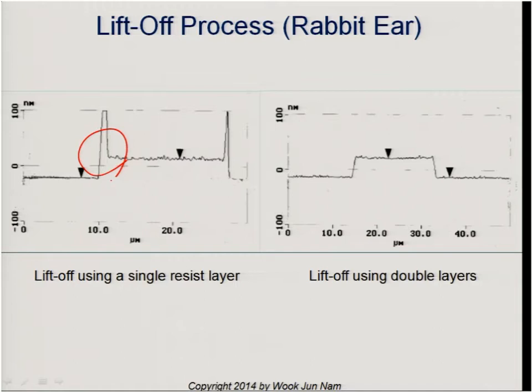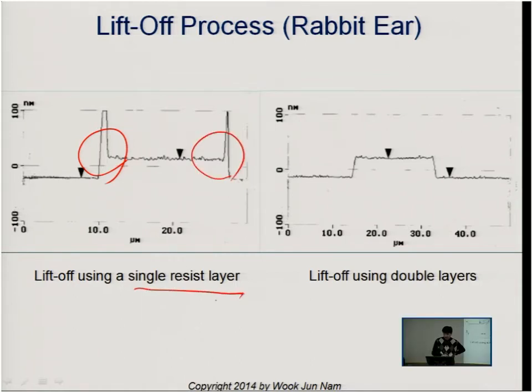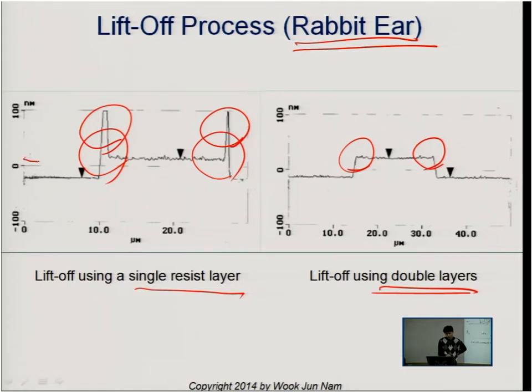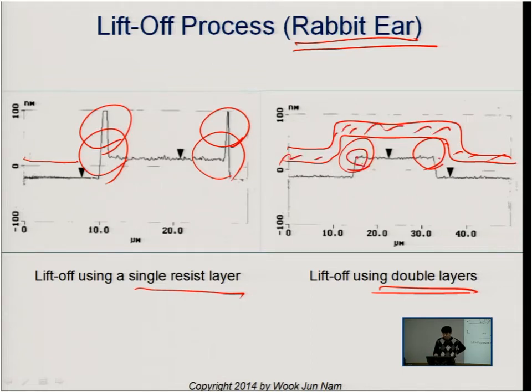So this is one example of the single resist case, and this is another example when we use double layers with a good undercut. Why are these vertical structures, called rabbit ears, a problem? Let's say our next step is depositing an insulator, and then we want to deposit another metal layer. If we have very smooth edges, it does not have any problem. If we have these vertical structures remaining, depending on the method you are using for the insulator material deposition,